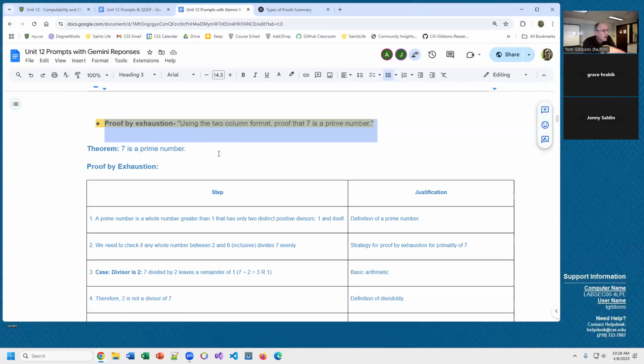Or are there, because when we did 12, we had 2 and 6, or 3 and 4. But so once you find the lower one, you also find the higher one. So you don't always have to try all of them, right? If you're going to 1,000, can you stop at halfway, 1 to 500? Because once you get to 500, you don't have to worry. If you haven't found one before 500, you're not going to find one after 500 because you would have found